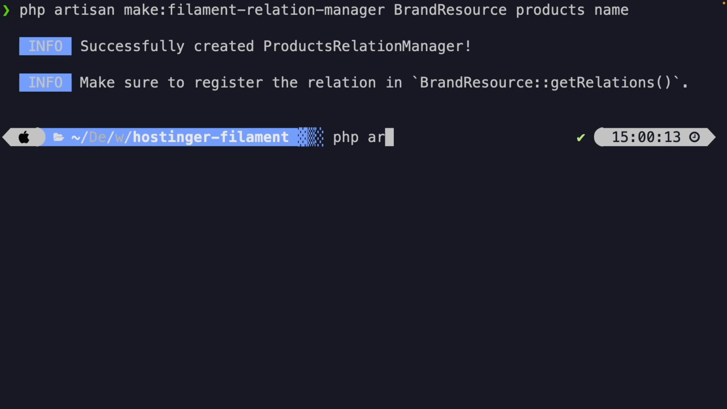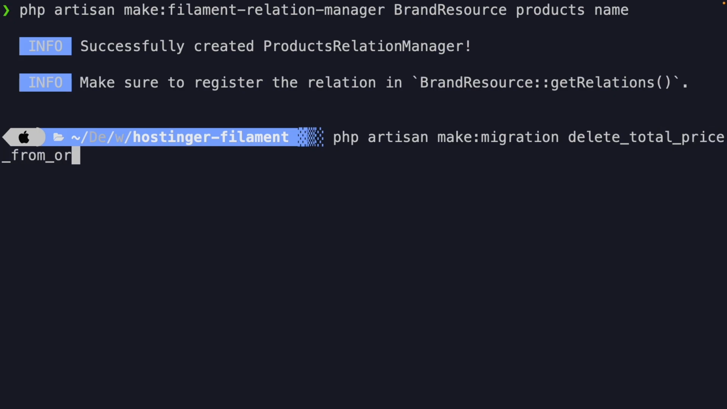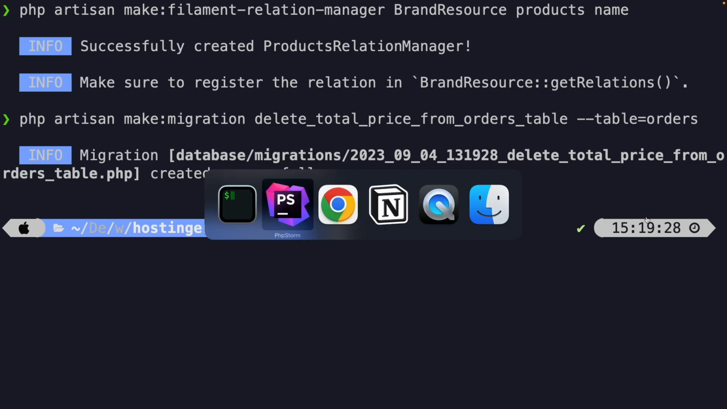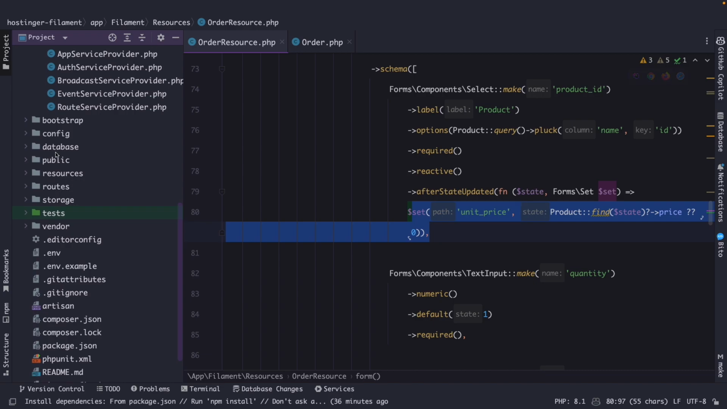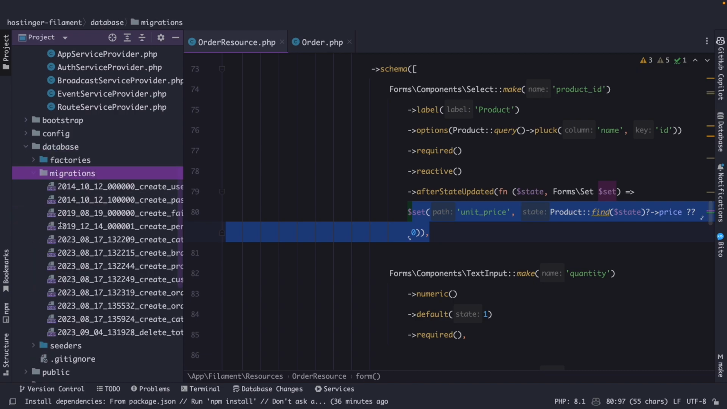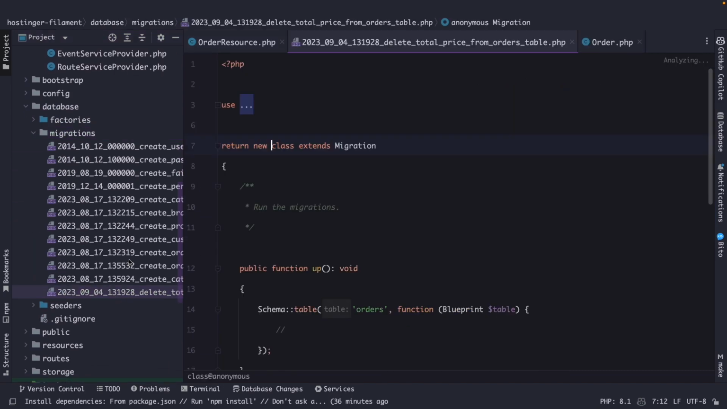Let's say php artisan make:migration. Let's name it delete_total_price_from_orders_table, where we're going to specify the table name, which is orders. All right, let's navigate back to PHP Storm. Let's open our sidebar, databases directory, migrations. Now let's open the latest migration,